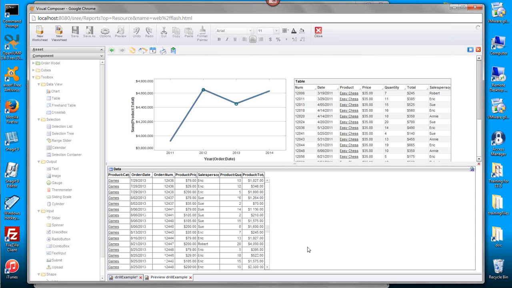Now, sometimes you may want to apply some formatting to this preview, to this Show Details. In other words, you may want the product total here to appear with a certain format, or you might want, I don't know, you might want the order number to appear or the date with a certain format, and you can actually do that. If you go back to the